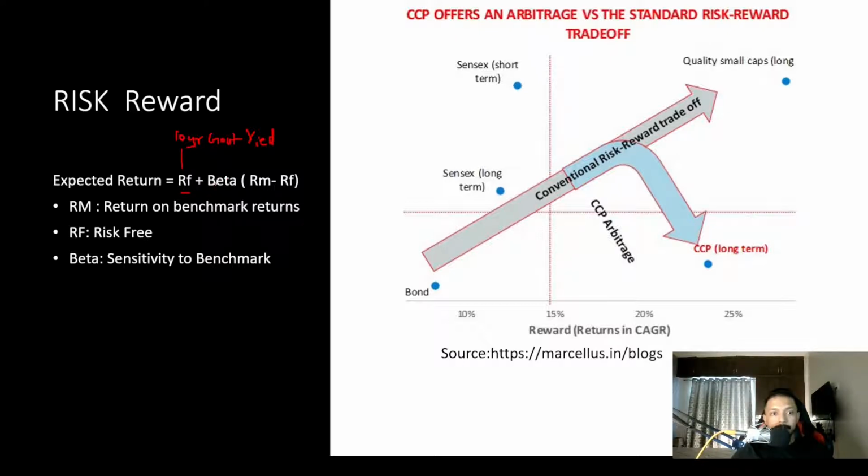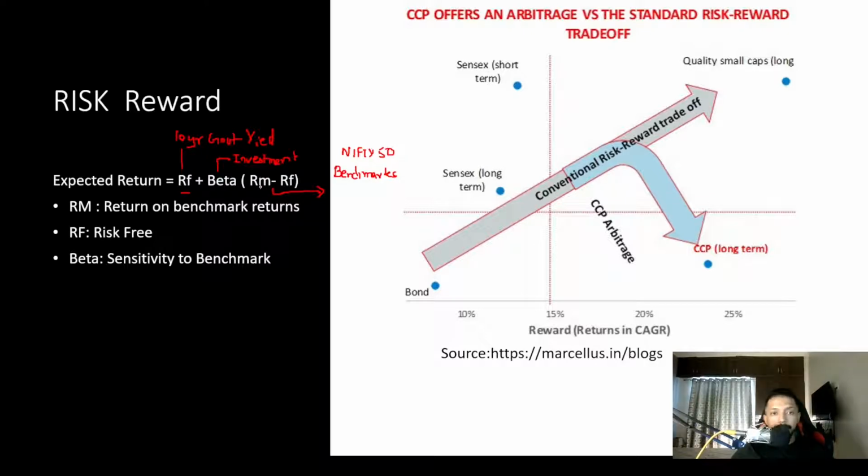But then there is something called the beta, and this is basically for a specific investment. If you're talking about a stock, then you would want to find the beta of that company and compare it to the risk premium. So this is nothing but the risk premium. What is RM? RM is your benchmark return, so it depends upon which benchmark you're using. If it's a large cap stock, then your benchmark would be Nifty 50. Now there are a lot of debates there also, but generally speaking, Nifty 50 is a dummy for RM.